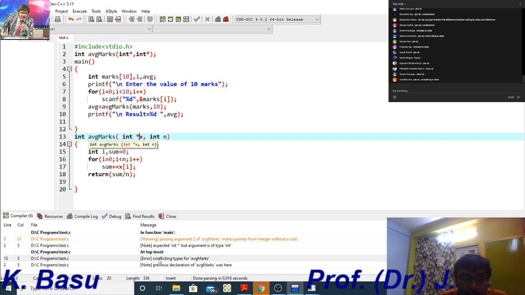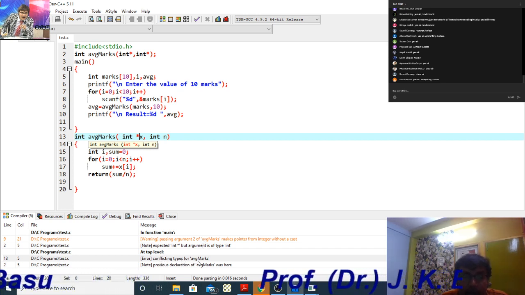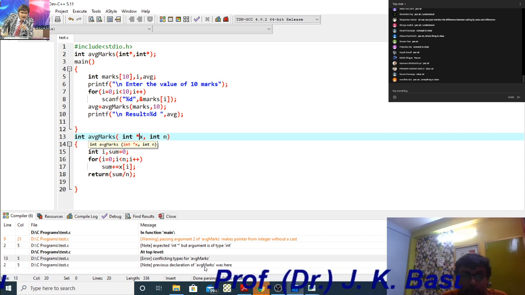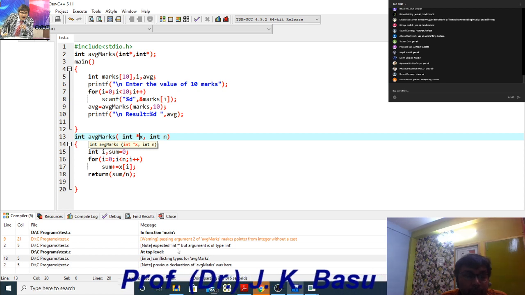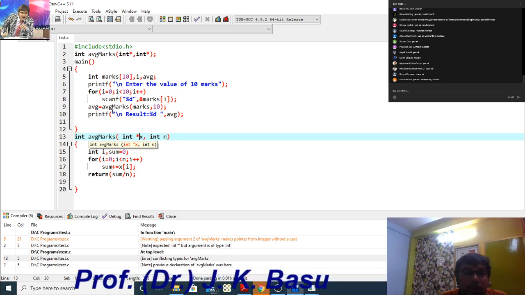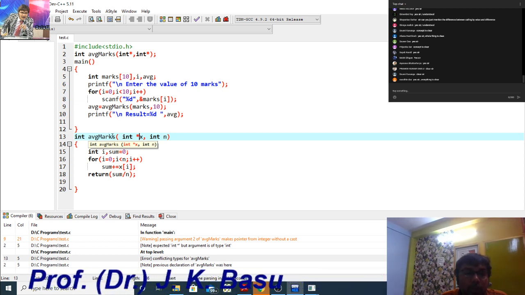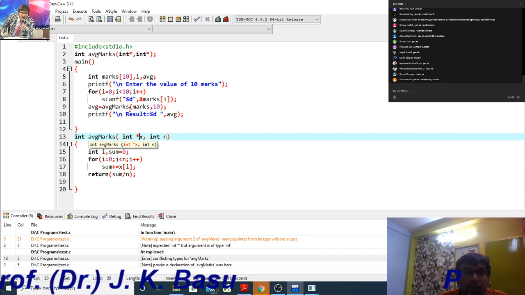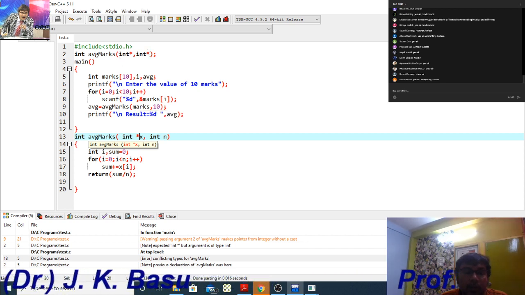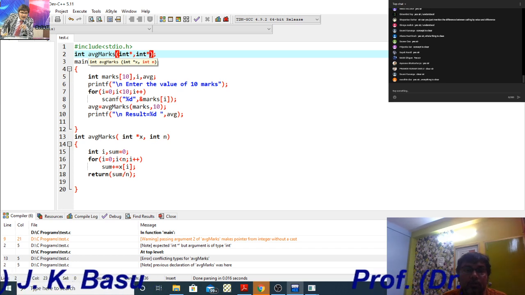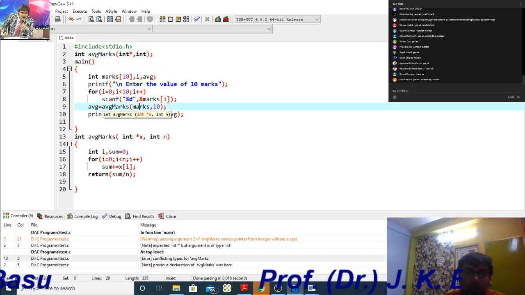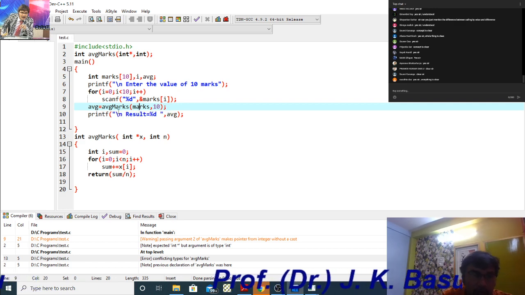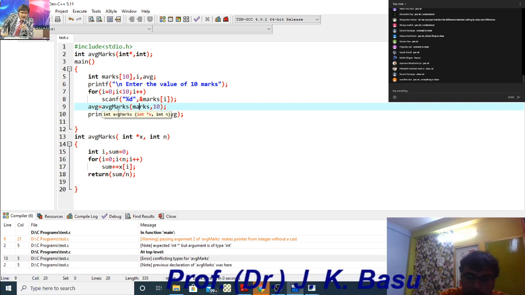Okay, now another error we are getting: conflicting types of avg marks. Previous declaration of avg marks was here. Okay, avg marks int. I didn't change this one also. This has to be only int, and this. Okay, Control S, then function